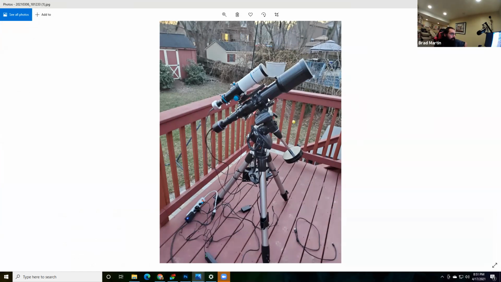My main telescope here is a Stellar View SV90. It's a 90 millimeter, 630 millimeter focal length. It has my camera hanging on the back of it, my QHY 163C. And then if you look between the legs of the tripod, you see this rectangle that's zip tied to my tripod. That is my computer that is running this.